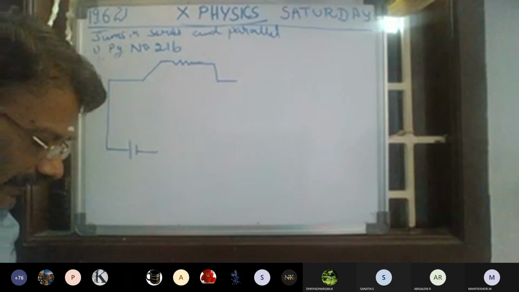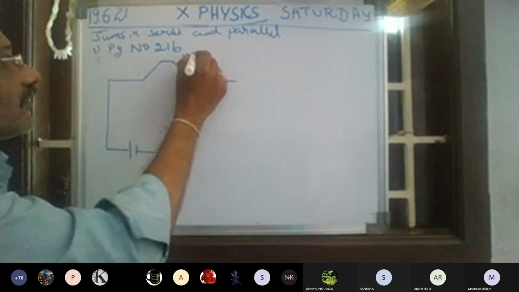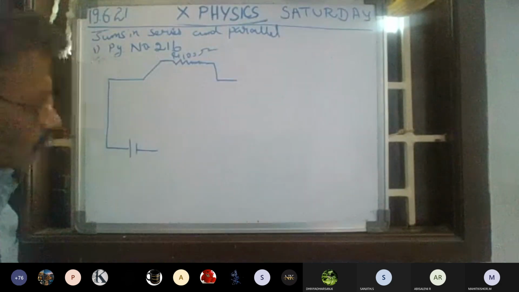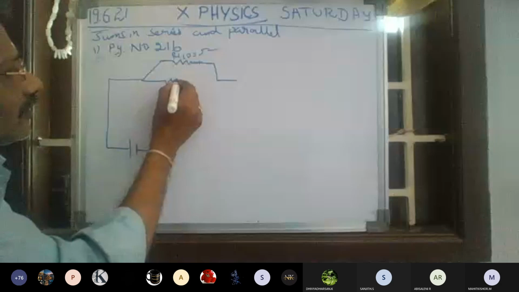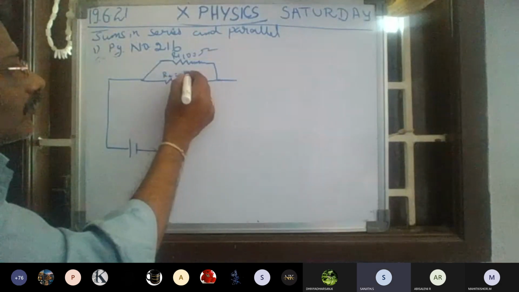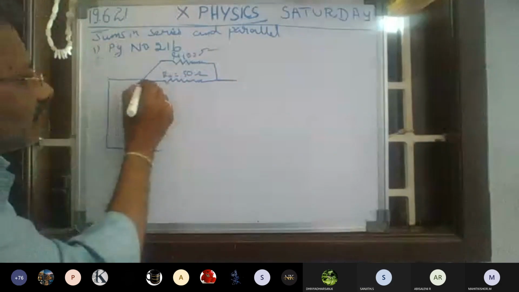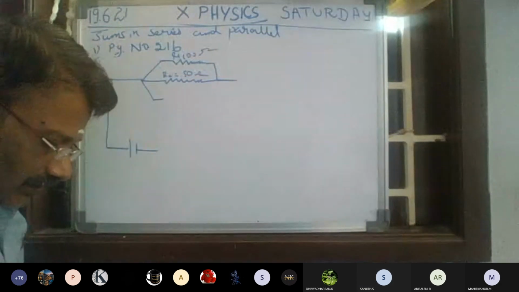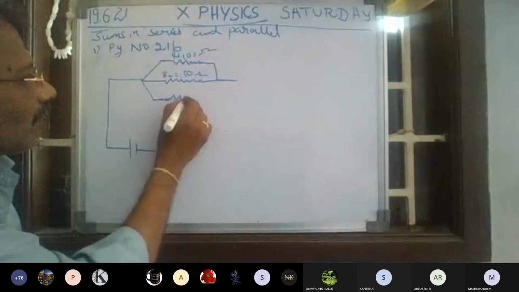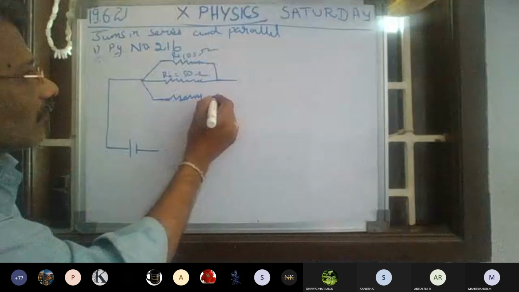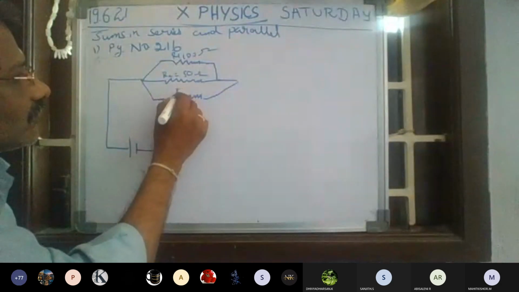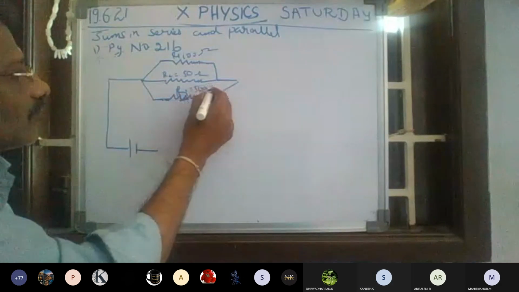First, for the electrical lamp of 100 ohms, that is R1. Next, you take the toaster. Toaster resistance R2 is equal to 50 ohms, I think, is given there. Then R3 is given for the water filter. How many ohms for this? It is 500 ohms. R3 is equal to 500 ohms.